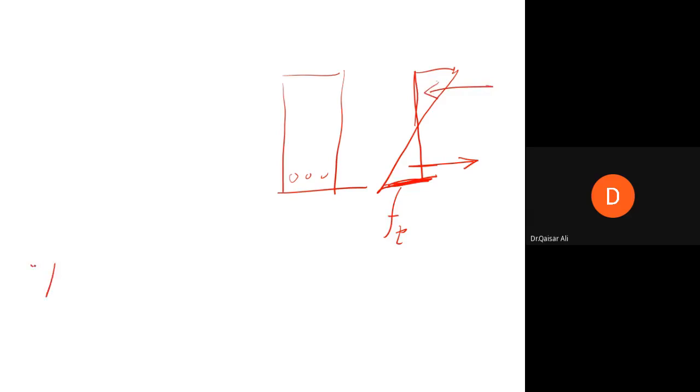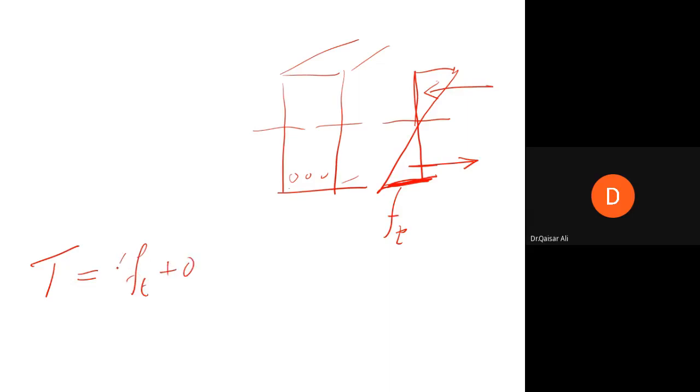So T, basically this tensile strength coming from the bottom part of the concrete beam, should come from steel and concrete both. So this will be equal to Ft